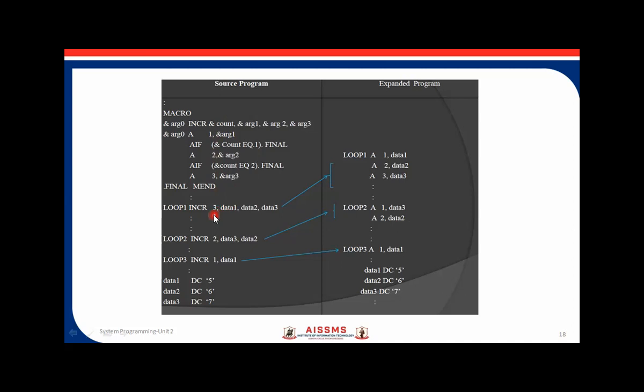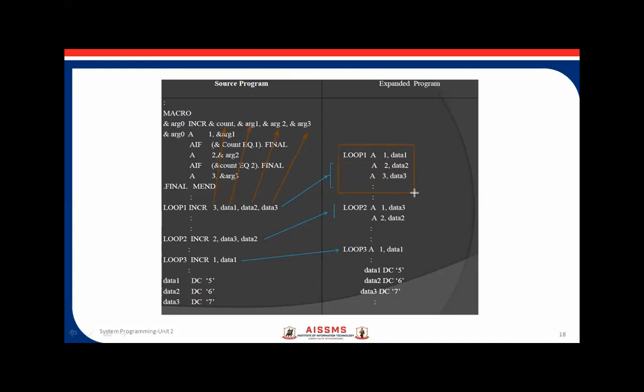The first argument, data 1, is mapped with argument 1, data 2 is mapped with argument 2, and data 3 is mapped with argument 3.